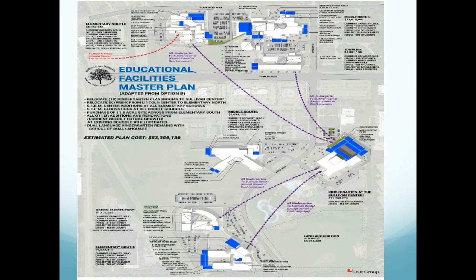Middle South needs, actually right now, its cafeteria is too small. We'd add some space onto the cafeteria, some classroom space and renovations. Aspen gets the least amount. It gets a STEM center space added onto it and some internal renovations. And then at Elementary South, we'd have to add in new gym space and several classrooms and some learning spaces there. There's also a small courtyard at Elementary South. We would capture that and turn it into internal space and use it for storage.